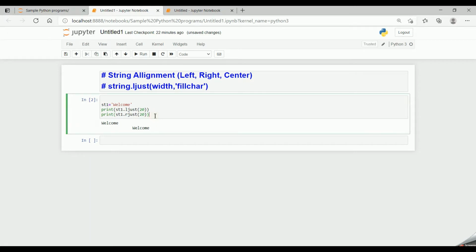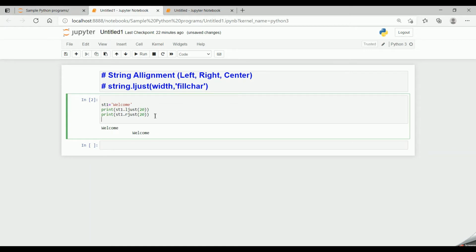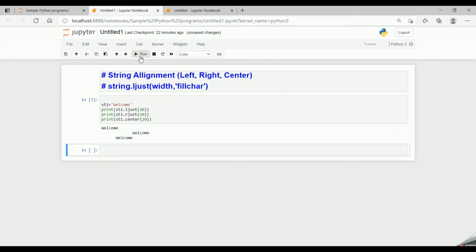That is the width of the string. Now if I want to align my string to the center, I specify print st1.center and then 20. Now if I run the code, welcome will come in between. So this is left justified, this is right justified, and this is center justified.